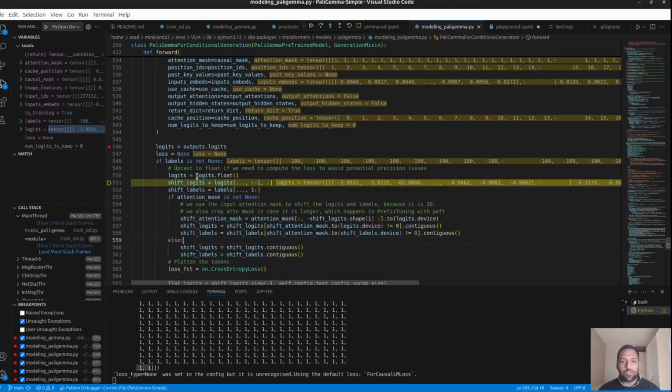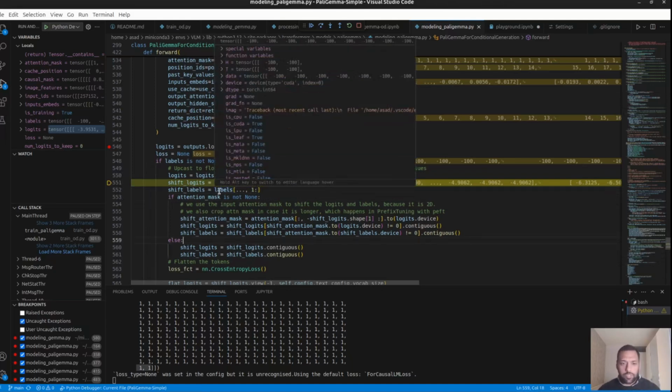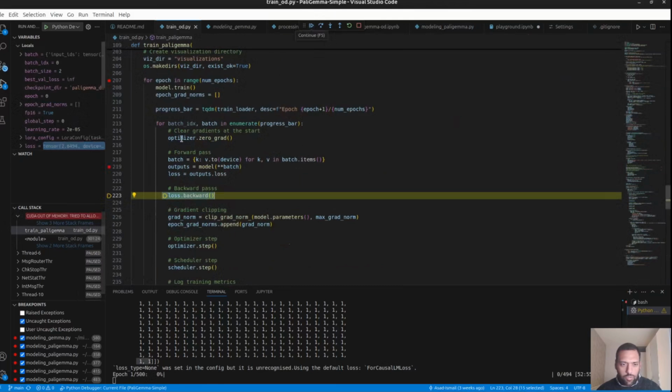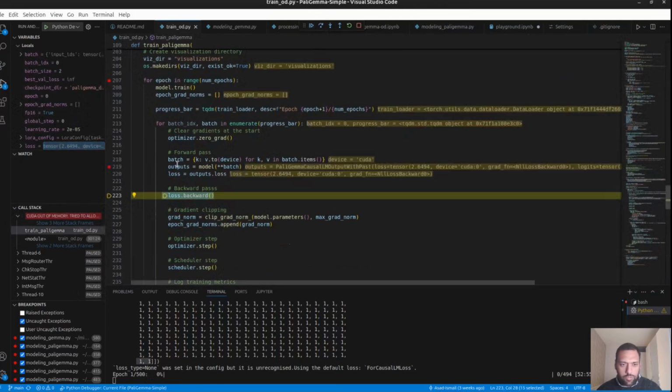till the last. Remember, where the labels are -100, we saw in the pre-processing, wherever we have the prefix tokens, we don't calculate the loss during those prefix tokens. We only calculate the loss in these output tokens. And the loss is just cross entropy, and we pass the loss through here, and the output is just logits plus loss. Right, so if we go here, this is the output from the model,